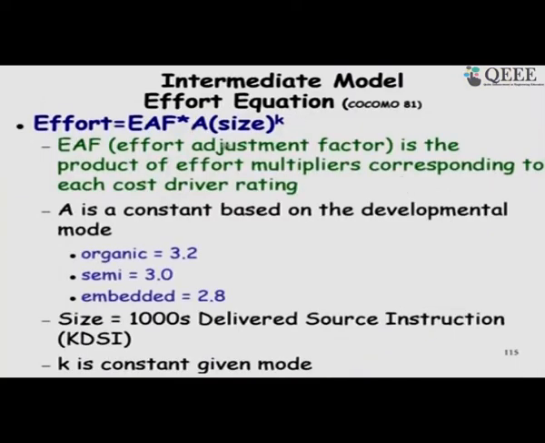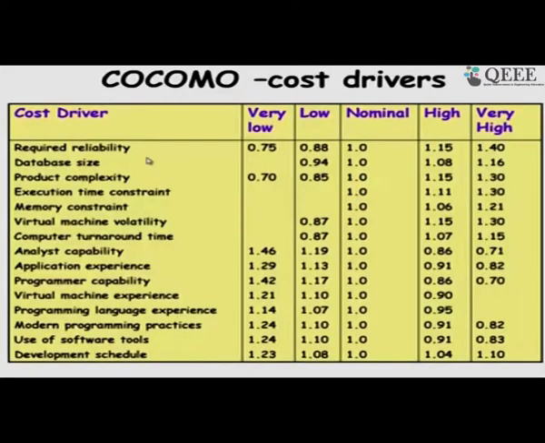Once we get the basic COCOMO result, we just multiply the adjustment factor here to get the actual effort in the intermediate model. So, these are the cost drivers, and for each one we need to rate them on a scale of 5, and he gave those values here. We need to multiply the basic result that is obtained from the basic model,